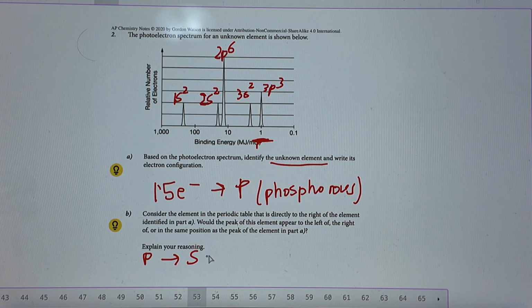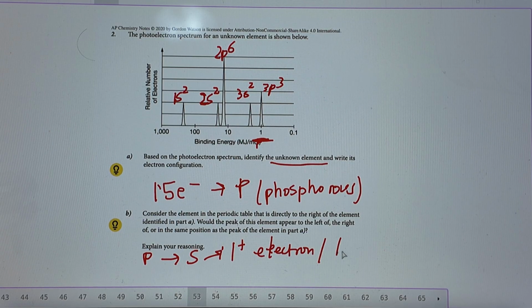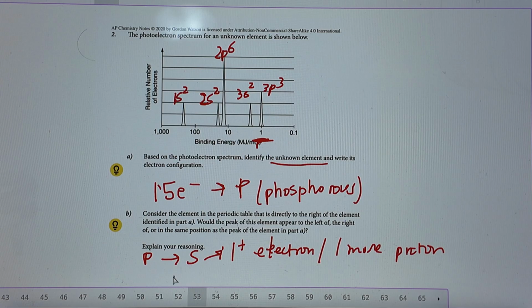So this would have one more electron, and this would also have one more proton, right? And because of that, it would have a greater